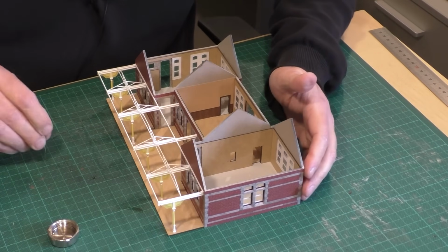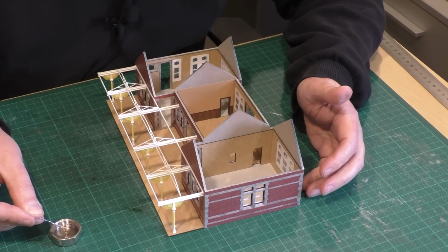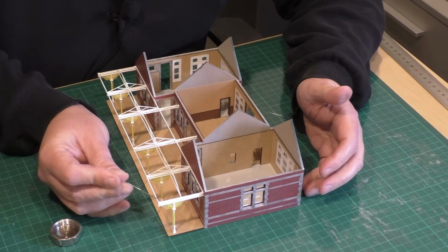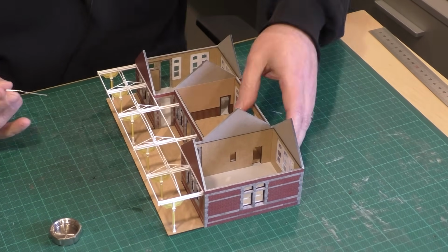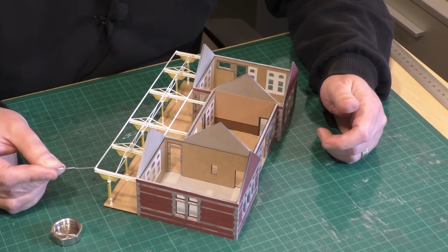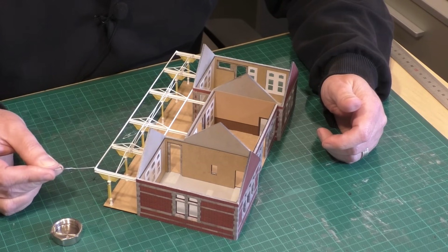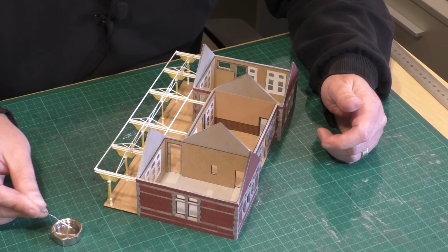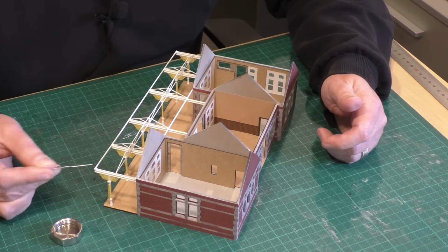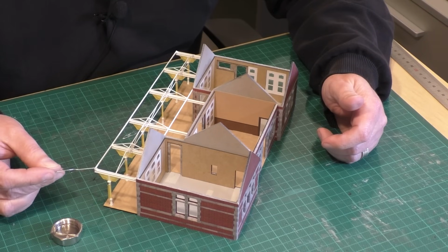and using a paper clip and seeing if I can actually just gather some drips of glue to feed in here. I'm hoping this is going to work. I don't know whether it is actually working, so I might have to dispense from the actual bottle, but I've